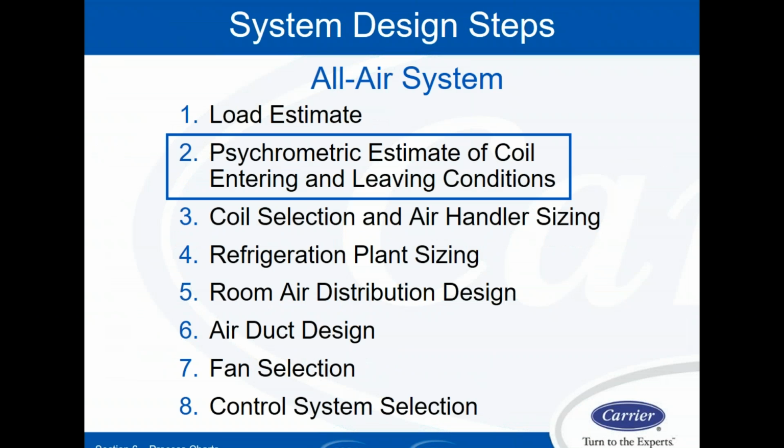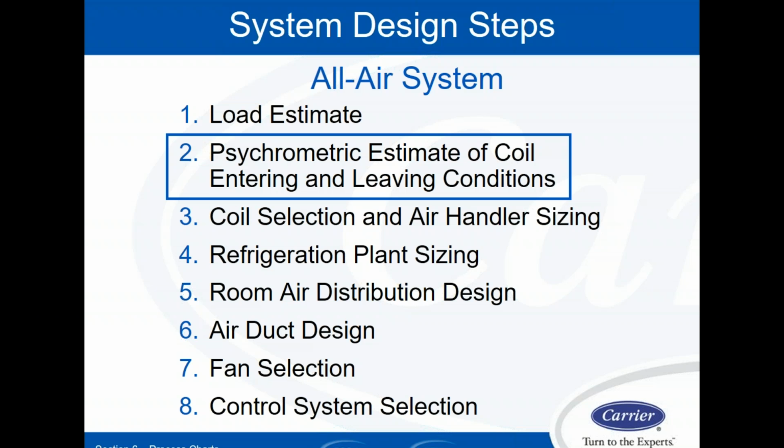All right, so where does this psychrometric discussion fit in the overall design process? It's typically the second thing that we're going to do in the design of the system. The load estimate is where everything begins. So first we do the load calc, then we're going to do the psychrometric analysis to figure out the conditions of the coil that we need in order to achieve the loads that we estimated. Then based on the psychrometrics of the conditions we need of the coil, we will then pick a coil. Once we pick a coil, because of the dimensions of the coil, that'll pick the size of the air handler